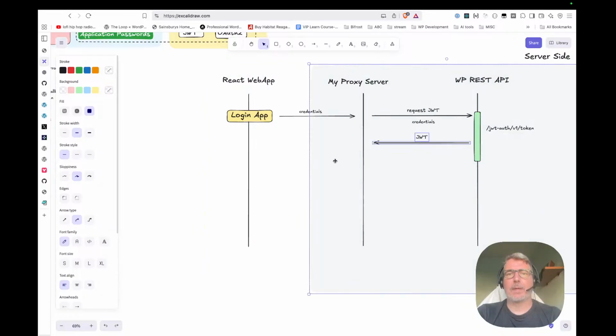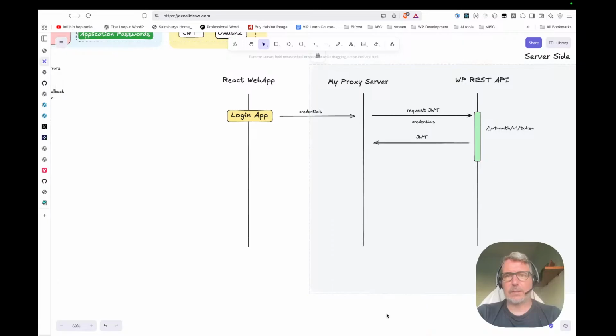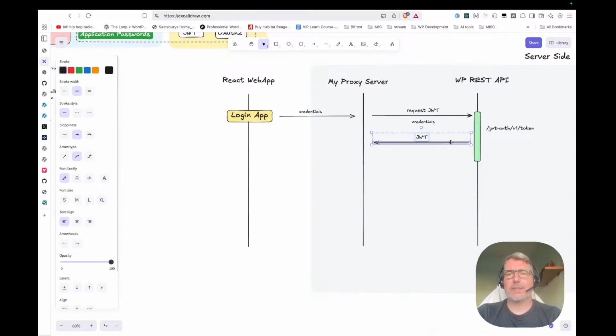So this JSON web token is sent as the response,